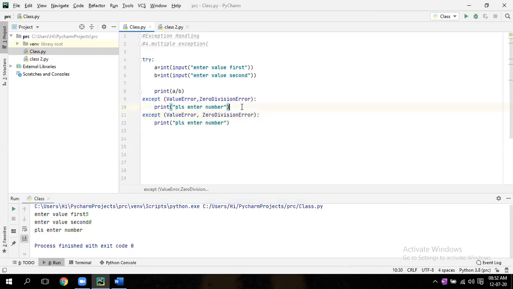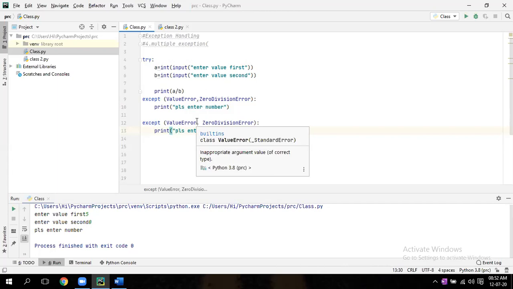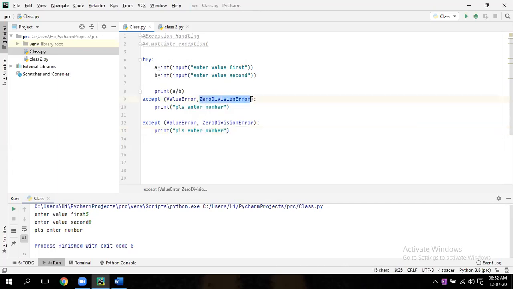From the first one, remove zero division error and the comma. In the second one, remove value error and the bracket also. Now you can give a separate message. You write in the second print, you cannot divide by 0.